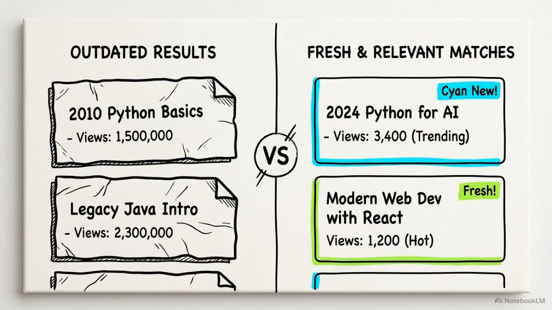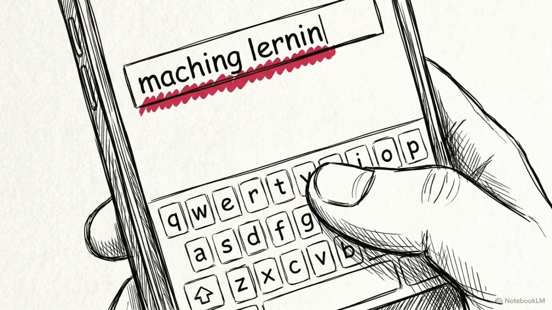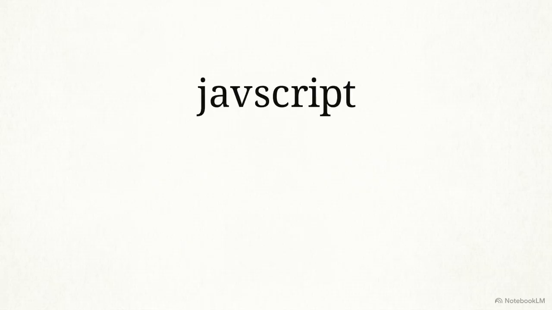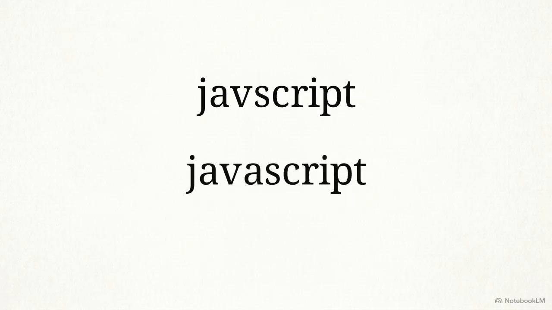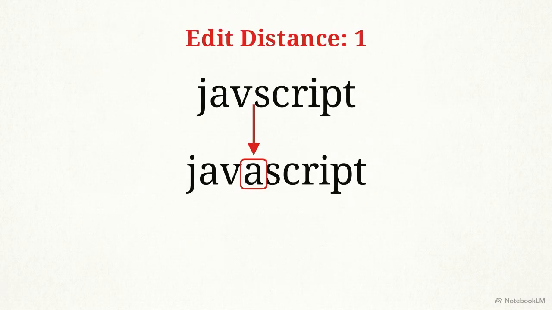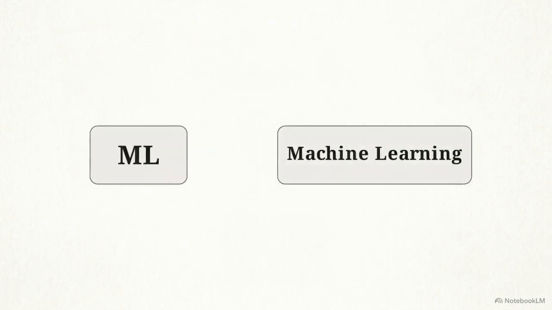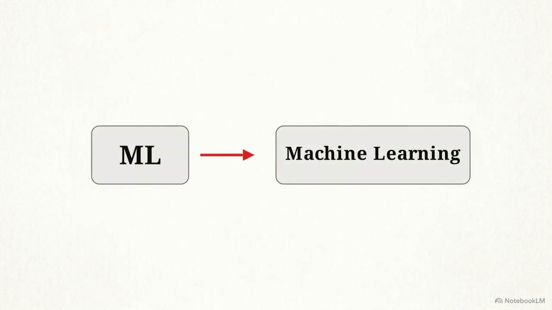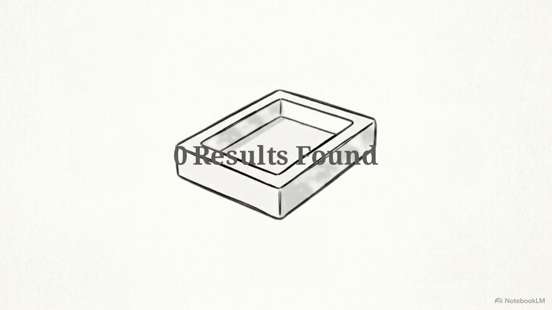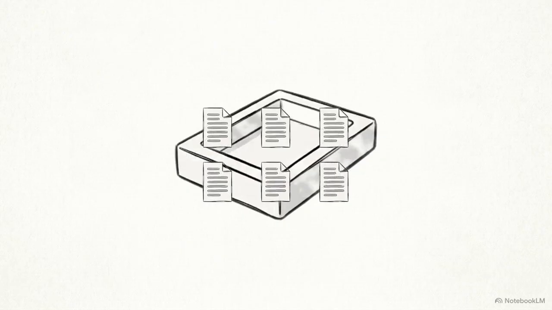This requires careful calibration. Overboosting a metric like popularity can bury highly relevant matches underneath older content that simply has higher traffic. User queries are also unpredictable, filled with misspellings and industry-specific jargon. To handle typos, architects use fuzzy search. This calculates the edit distance between an input and a known token, recognizing that Javascript is only one character away from JavaScript. For industry terms, engineers map domain synonyms. Configuring the acronym ML to map to machine learning prevents empty results when a user utilizes shorthand.